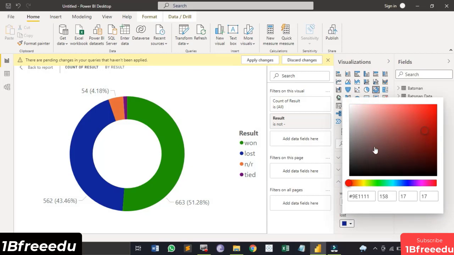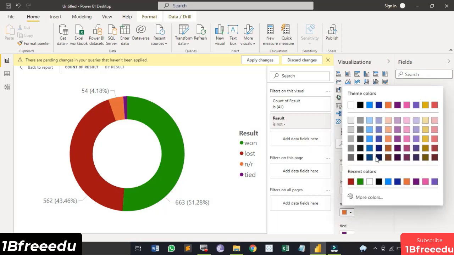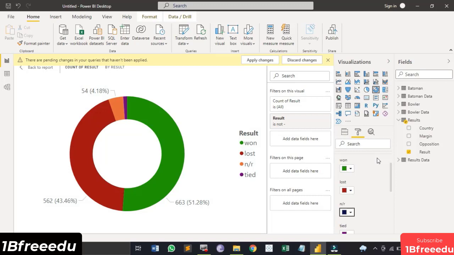Okay, just like this. And for the no result and tied, a purple color is there, which is good. For a no result we can assign probably a shade of blue, okay, to get into the neutral grounds, right? That no result, that's a neutral thing.